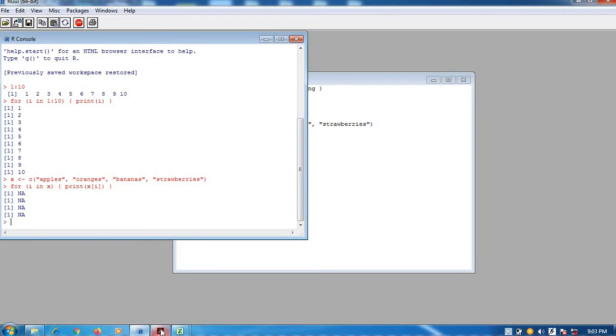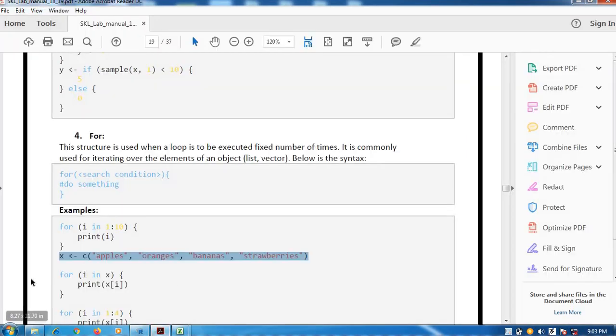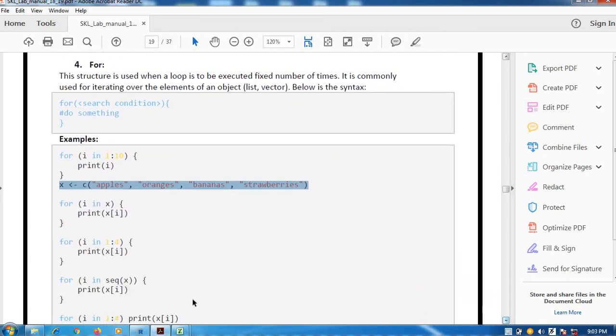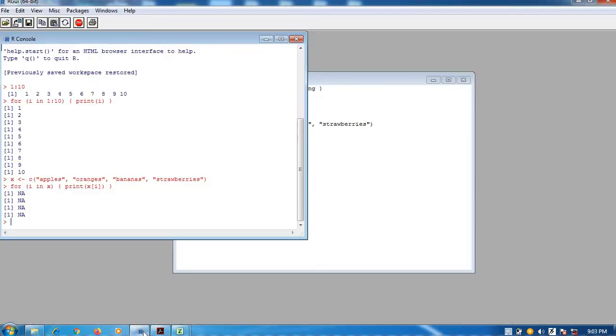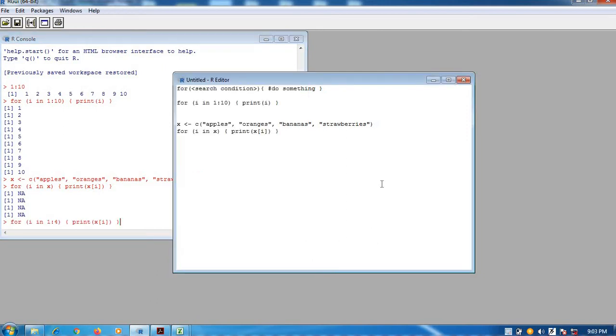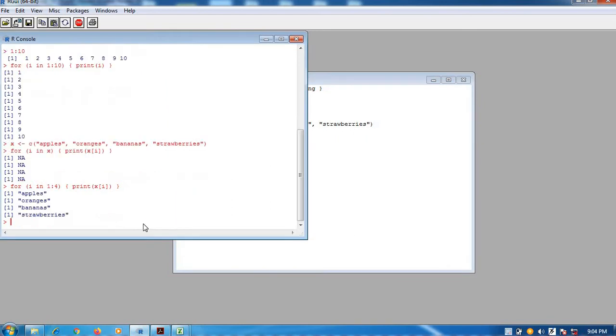So again I am moving to another example. Now see here. Now I am executing. See what the output is. The output is as expected: apples, oranges, bananas and strawberries. So what have you got here?